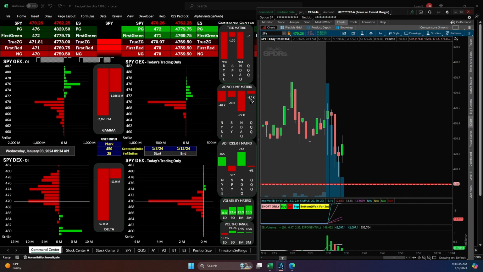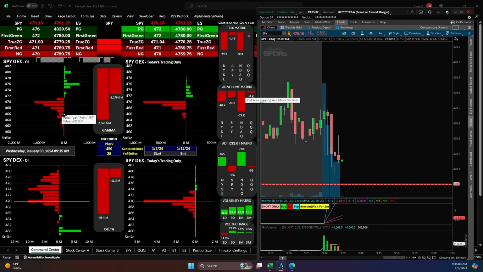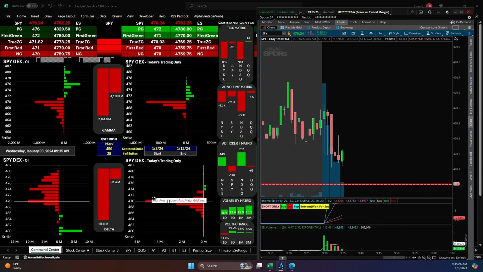So the assumption that we make is that all options are hedged, essentially. And when we look at the volume and the open interest of any particular stock, we assume that puts are sold. That's why it's negative gamma, and calls are bought. Okay? Those have to be hedged. And by making this assumption, that gives us the framework to think about gamma squeezes and negative GEX